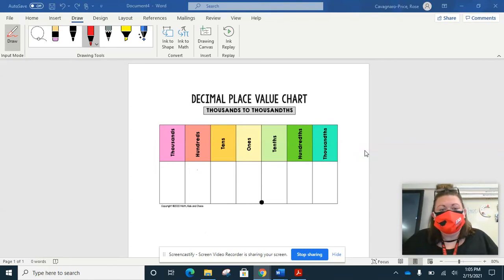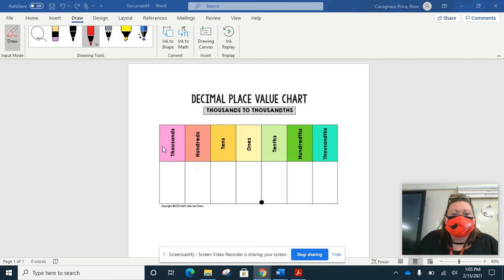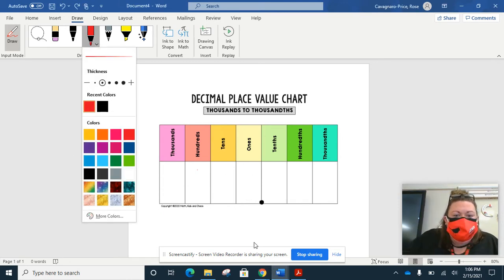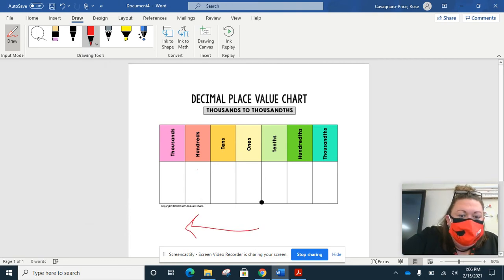Okay, so I want to talk to you about whole numbers versus decimals, okay? Because there's a big difference. So if we look at this place value chart right here, we are used to seeing ones, tens, hundreds, and thousands. We're used to that. Those are whole numbers, okay? Those are whole numbers. We know that the further left we work on our place value chart,